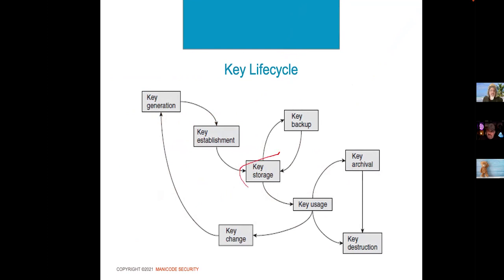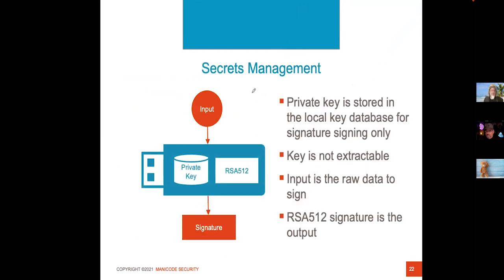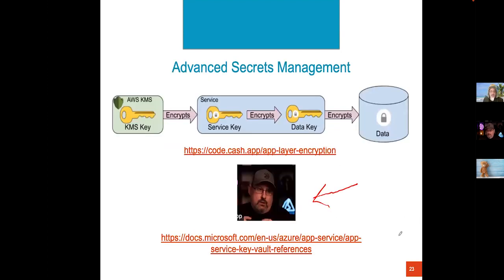Key management: the hardest part of the key lifecycle is key storage in a vault and doing key rotation. I usually say use a secret management vault for keys, but key management is brutally difficult. This is Dana schooling me about 15 minutes ago. I'm looking at this blog post that Cash App is using Amazon key management. They have one main key in the vault that encrypts a service and data. Azure uses key references, and it's turnkey, good key management in the Azure .NET world.